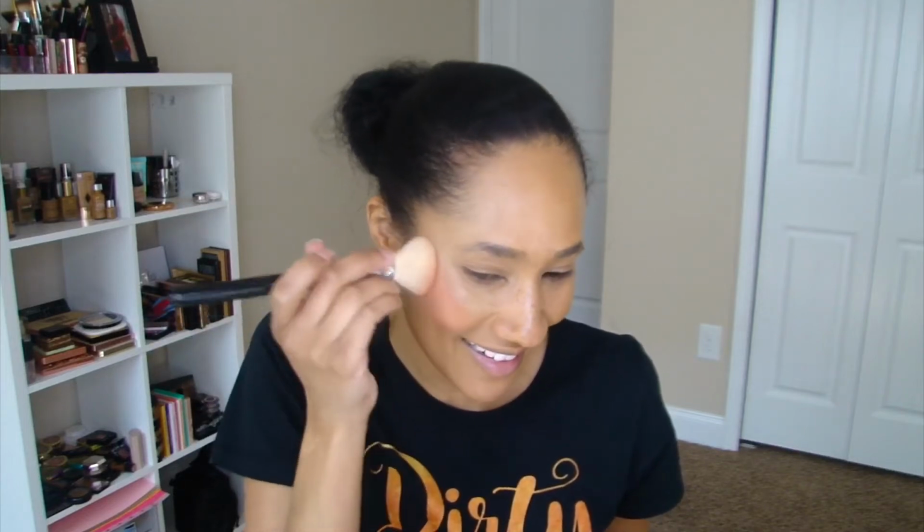I love blush and I like to see my blush. I'm not one of those subtle blush gals. This is pretty. I like it. I'm just gonna tone this down a little bit over here. I like that. So I'm just gonna set my face with my Fenty Beauty Loose Setting Powder in Honey, and then we'll move on to